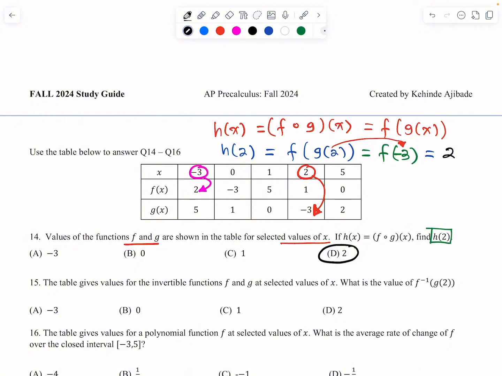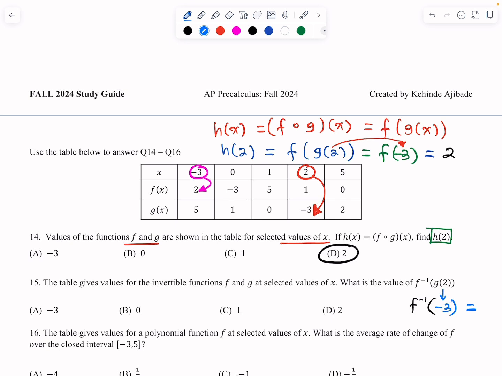So first thing I will have to do, let's ask ourselves, what is g of 2? So go back to that table. From that table, I can easily see that my g of 2 is right here. So my g of 2, I have 2, and then my g of 2 is negative 3. So that one will mean that I have this one to be negative 3, and then which means that, if I do the opposite,